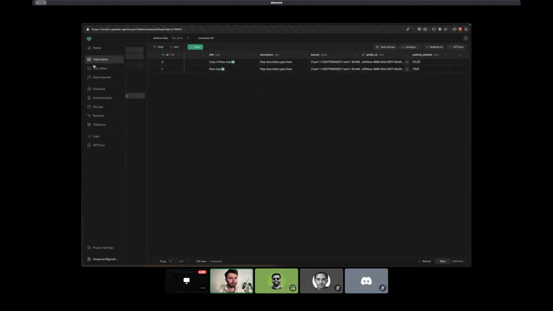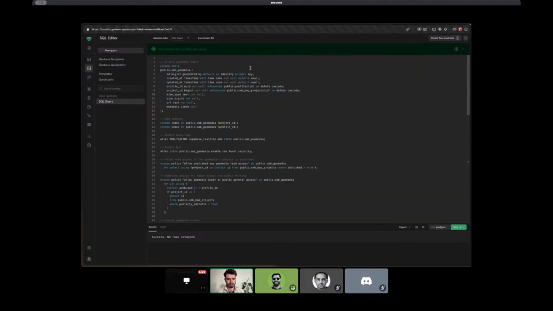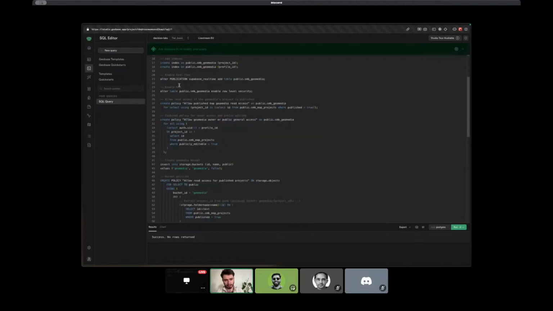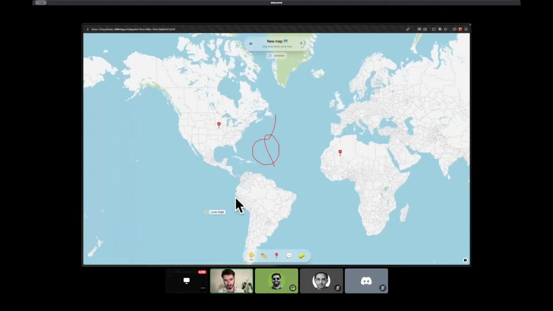And I'm going to go to my SQL editor and I'm going to paste this here. Now let me go through this real quick as well. So here we're creating a new GeoMedia table, which is where we're going to keep track of the file metadata, and we're going to add indexes for it. And we're going to enable real time, and we're going to enable row level security, and give it the same treatment as the other tools here, the other layers,